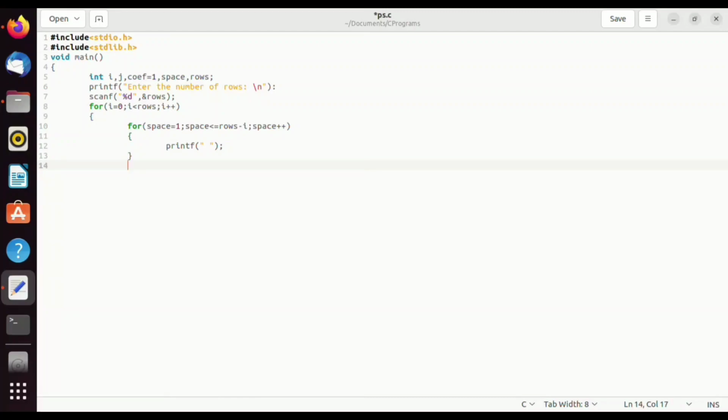Now we have another for loop, for j equals to 0, till j is less than or equal to i, and j plus plus. Again this loop runs up to the value of i. Inside this loop